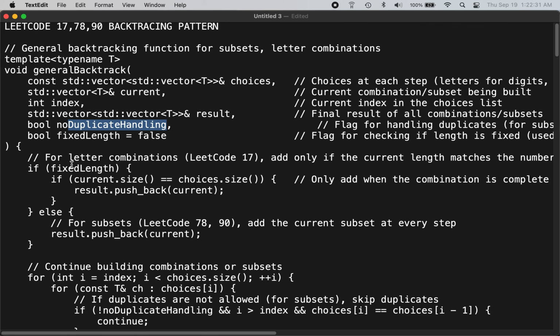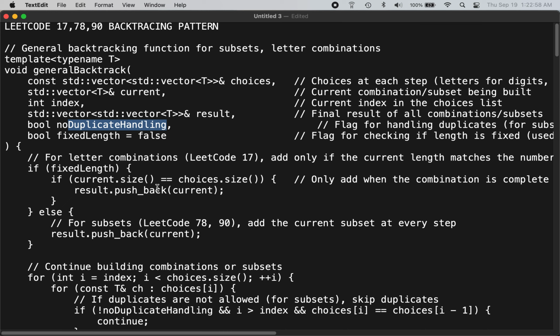So in the case of 78 and 90, you are supposed to give not just the entire set, you have to give the subsets also, whereas in the case of 17 you cannot give only the 2 letter combinations. When you are backtracking, you get single letter combinations just like subsets you get,